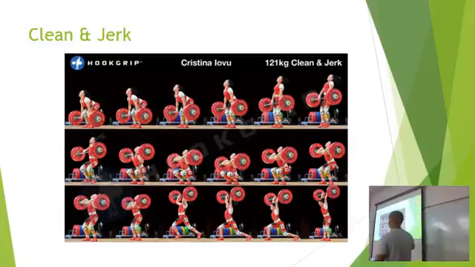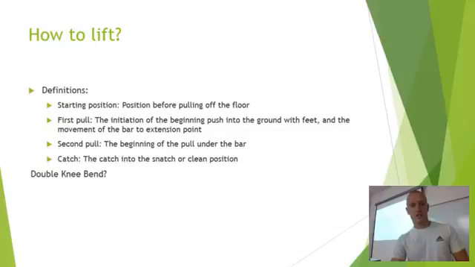Christina here, and I do not know this by any stretch, but just to show you the difference, with her using the double knee bend, because the knees are under the bar, she's in a very advantageous position to produce force into the ground. She's going to generate upwards of 2,000 watts of force because there's not an elongated pull and she's using the double knee bend. So it's much more efficient and it causes a very, very large increase in force production. But there is a question mark there because as a coach, do you teach that? Not always. You don't always have to. That's been a big question in our field. But that is the double knee bend.